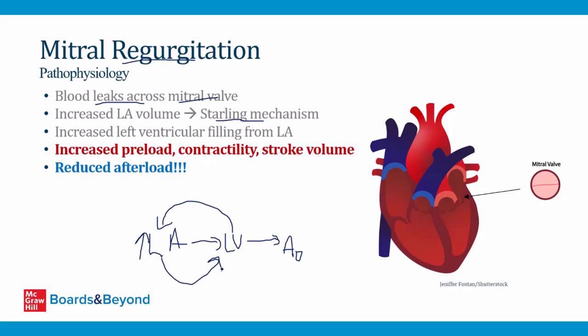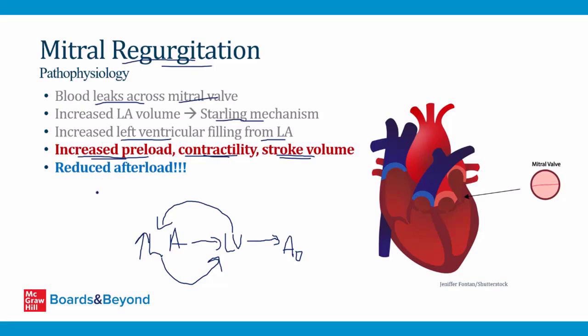And so they're going to push more blood than usual back into the left ventricle. And so it's important to understand that in patients with mitral regurgitation, they have increased filling of the left ventricle from the left atrium. And that's a major contributor to the physiology of this disorder. This is going to lead to more preload in the left ventricle. When there's more preload, you're going to stretch the left ventricular myocytes. And by the Starling mechanism, they're going to contract harder, so you're going to get more contractility, and that's going to lead to more stroke volume. So make sure you understand all the reasons why there's high preload, more contractility, and more stroke volume in patients